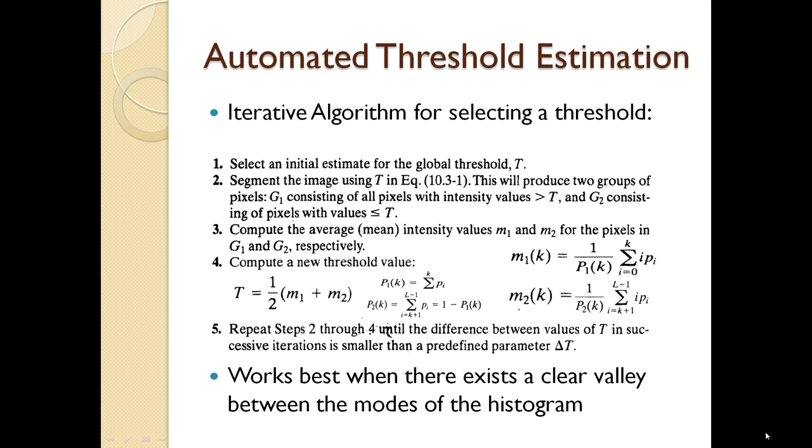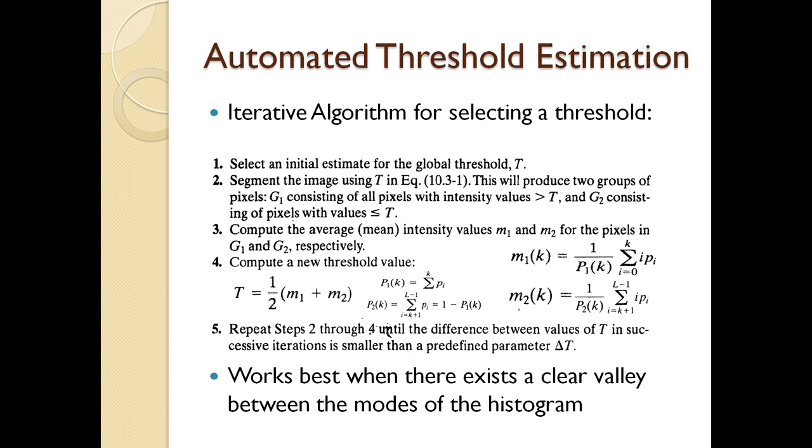So it got a little messy here because I wanted to include the formulas in the slides so it was all easily accessible and you can see it all here at once. So M1 and M2, those means are listed here, and the formulas are listed here. So there's that, and then you compute a new threshold value, T equals 1/2 times the quantity M1 plus M2, or the sum M1 plus M2, and then